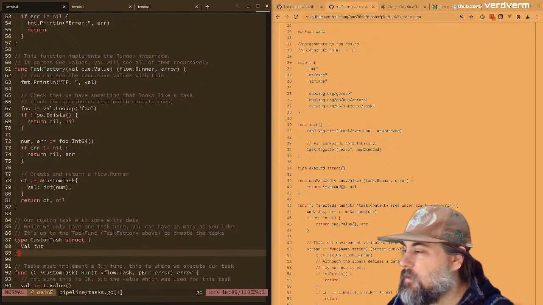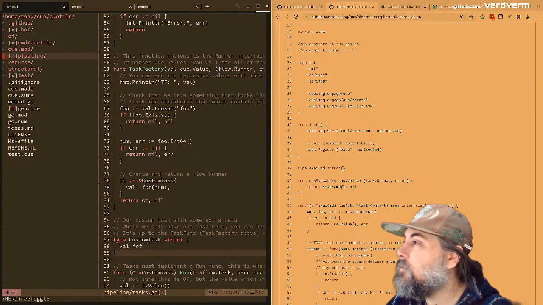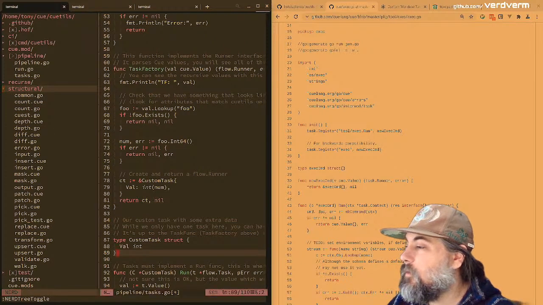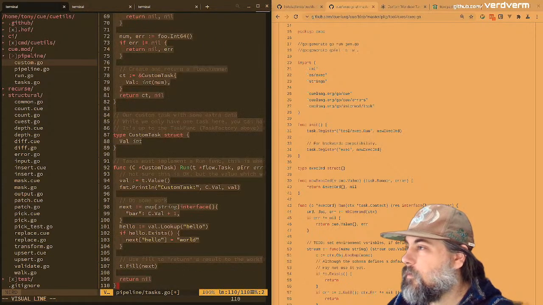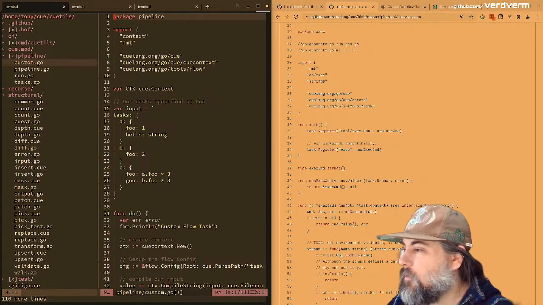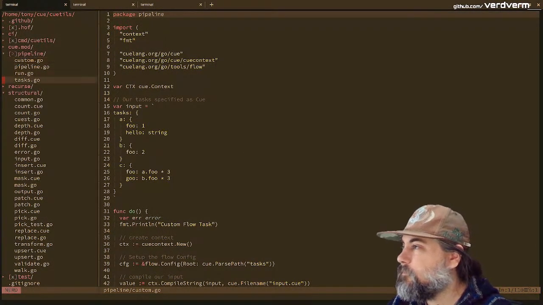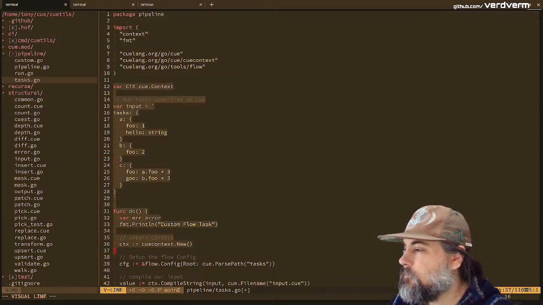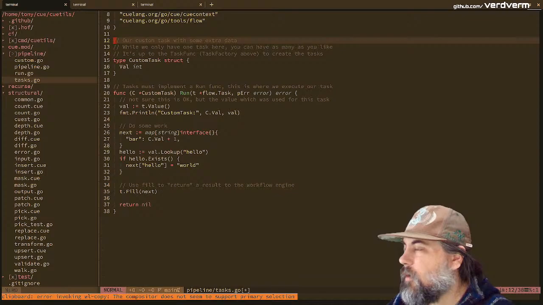We'll leave this for now. I think in this case, we will need this is our task, right, this is our task file. Just gonna move this over so we don't lose it for now. Let's make this big again. Get rid of all of this. Get rid of that. And then we're gonna have